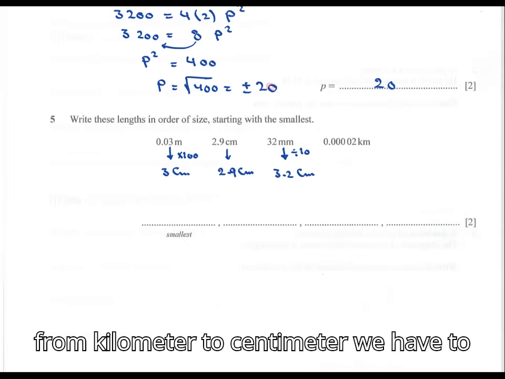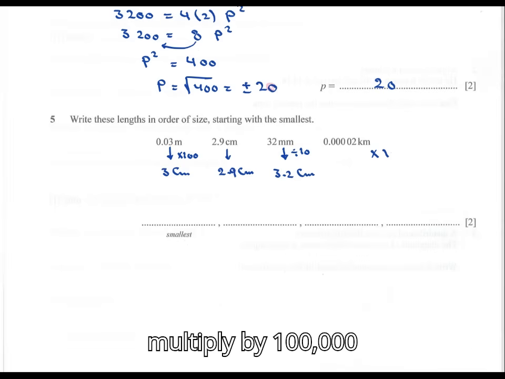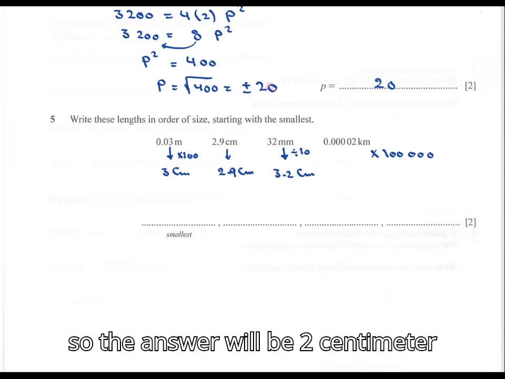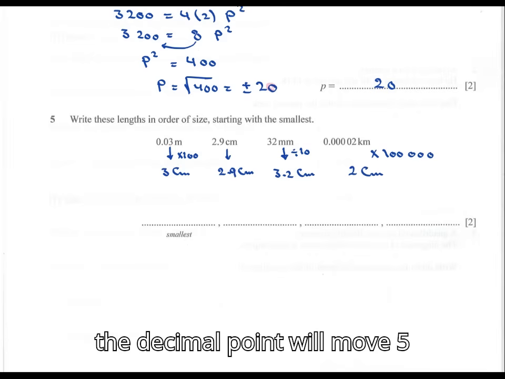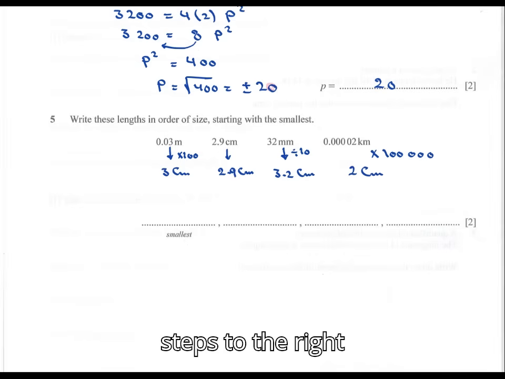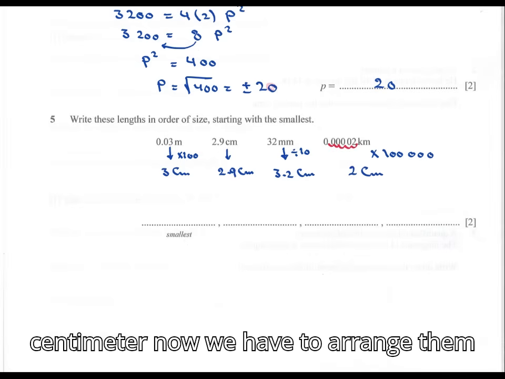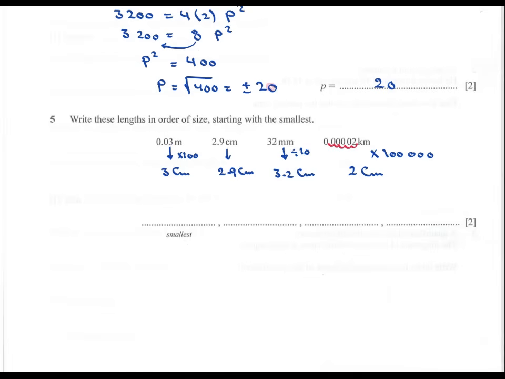From kilometers to centimeters, we have to multiply by 100,000. So the answer will be 2 centimeters. The decimal point will move 5 steps to the right. 1, 2, 3, 4, 5. Now we have to arrange them. The smallest is